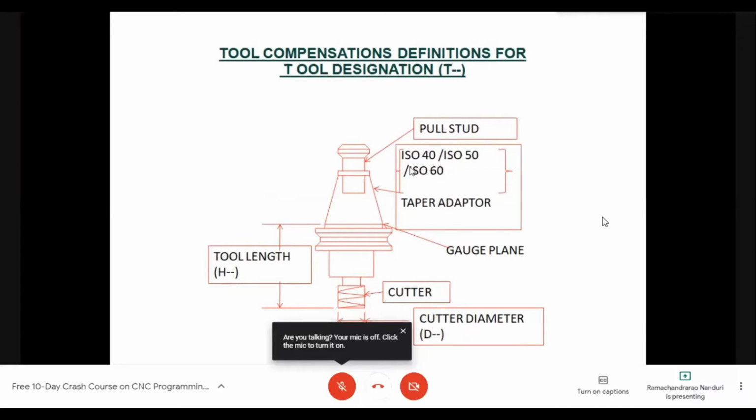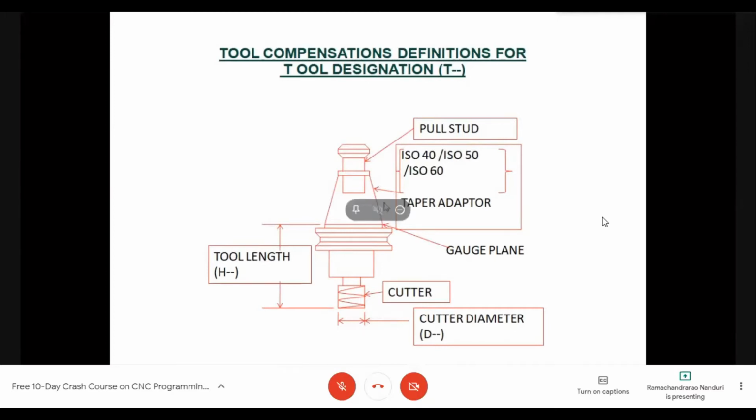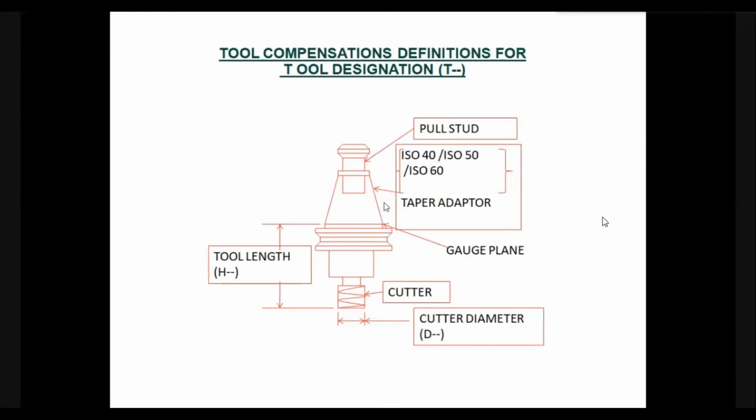Okay, right. So the machines will be of various sizes, small, medium, and very large machines. The spindle taper will be ISO 40 or ISO 50. And in this particular area, this color appearing here now, there will be one V groove here, and there will be 2 fingers in the tool changing arm, which will be inserted into this V groove.